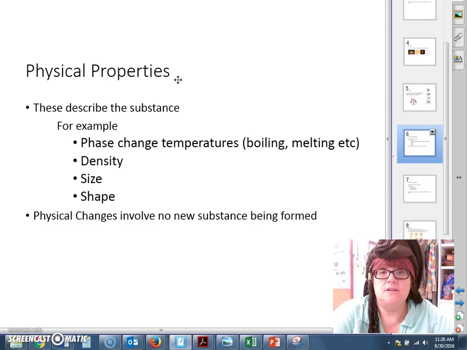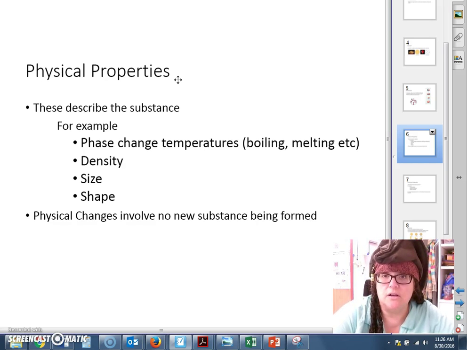For instance, phase change. Okay? Certain things boil at certain temperatures. Water boils at 100 degrees Celsius. Alcohols boil at about 70 degrees Celsius. So if you have a mixture of alcohol and water in your still and you're making moonshine and you begin to boil it, the alcohol will boil first. And you collect that, and that's what you sell to your moonshine customers.